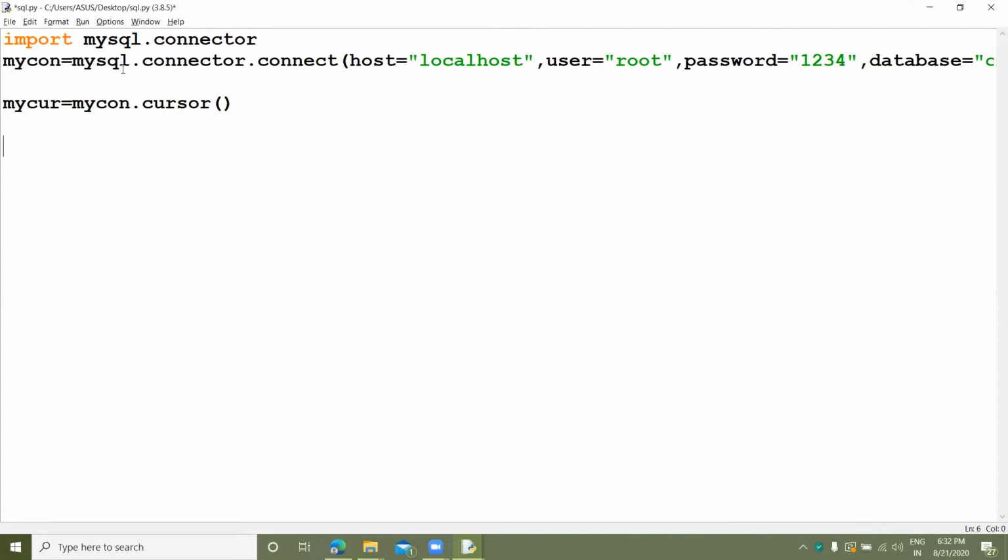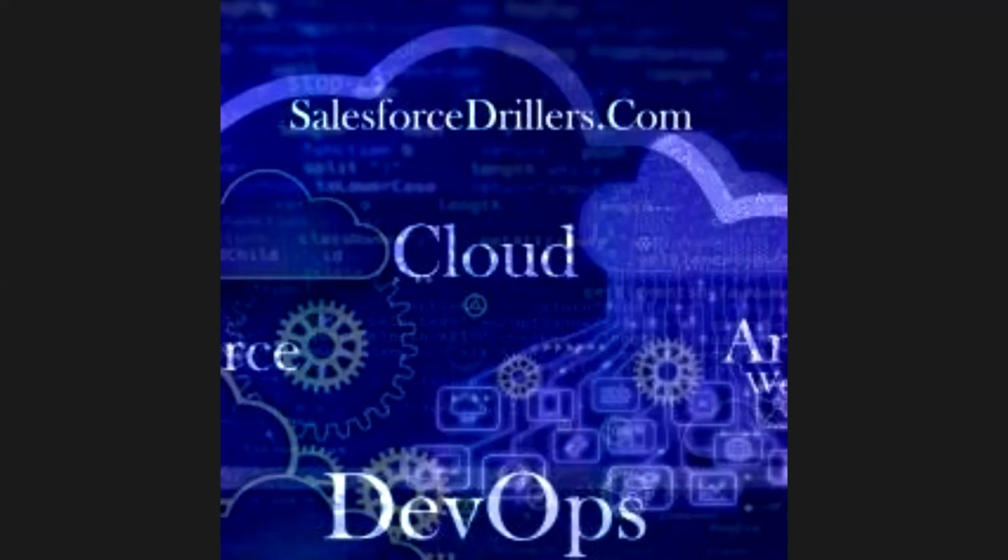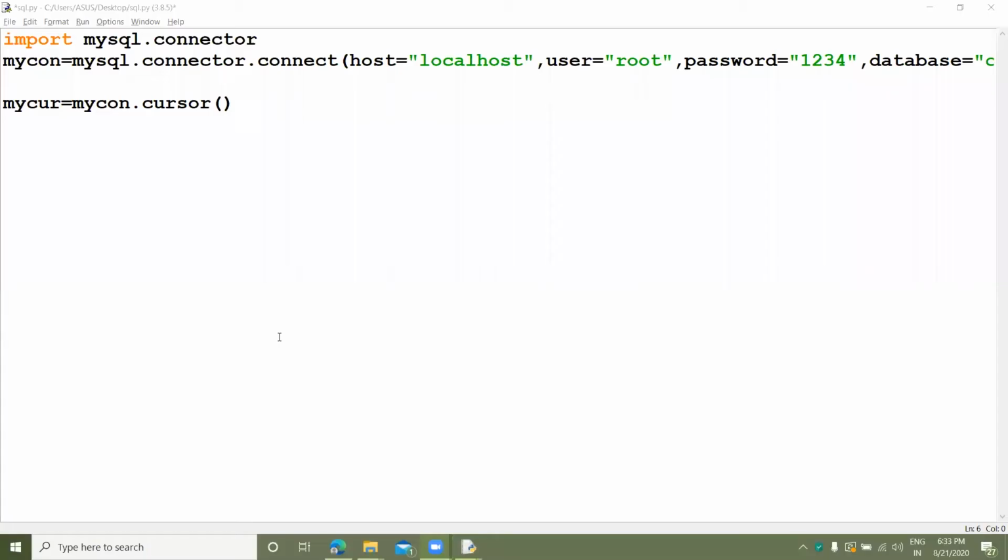Now we will make the data for the deletion. So here we can get the data. How to delete the data is the first question. So let's write the command for deleting the data.